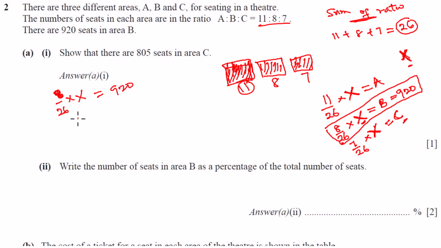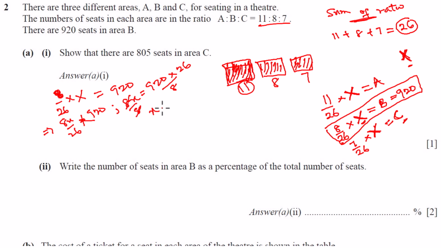So 8, if I write that very well, that is 8X over 26 is equal to 920. We can go ahead and solve for X here by cross multiplying, so that we have 8X is equal to 920 times 26. And then divide both sides by 8, so that we have that